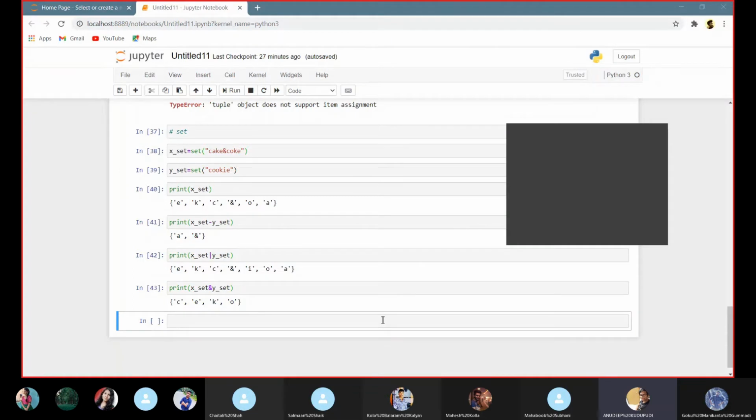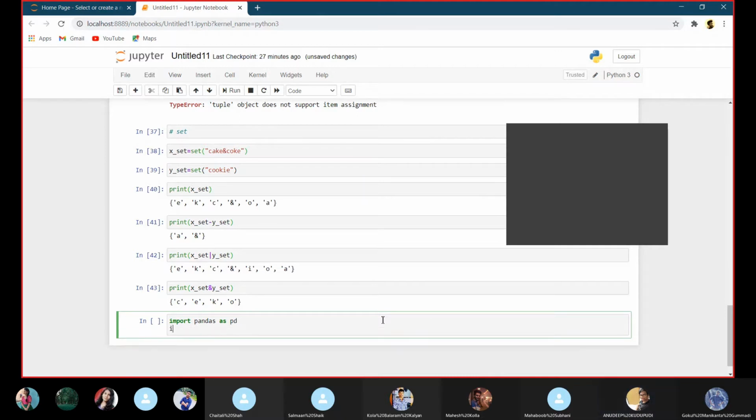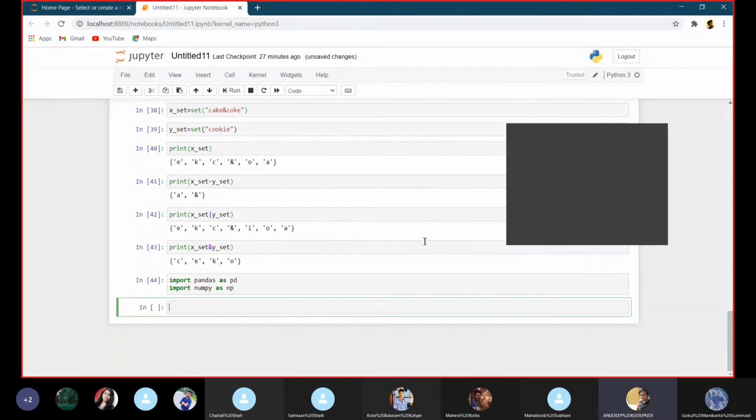Coming to this, for now we need the pandas library and the numpy library, and I am importing both of them right now. This is how we can import the pandas and numpy libraries in Jupyter Notebook. We use other libraries also like scikit-learn and Seaborn, but while we are studying the basic data types and data structures, we mainly focus on pandas and numpy.